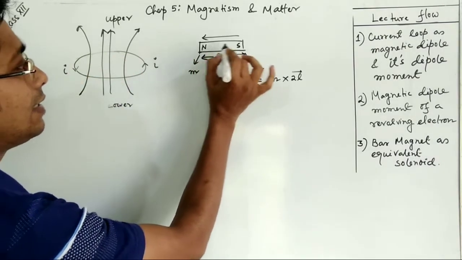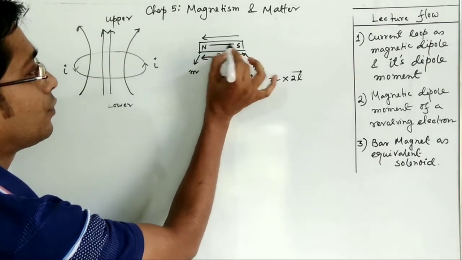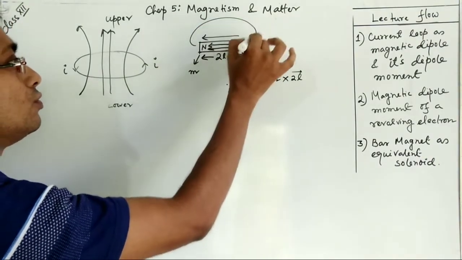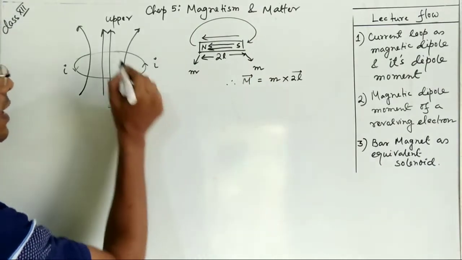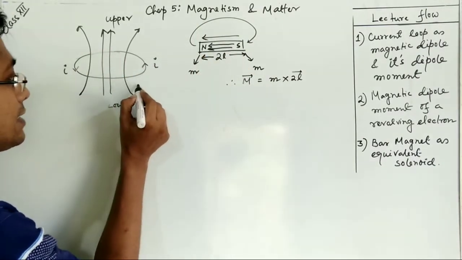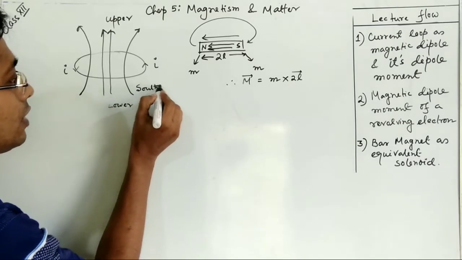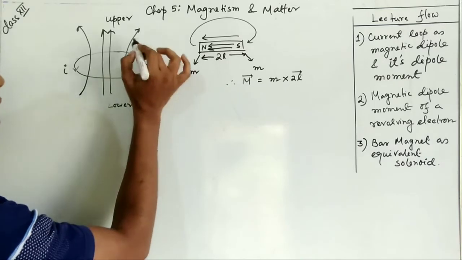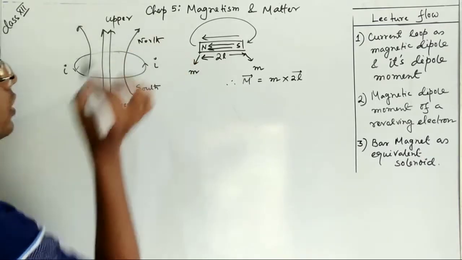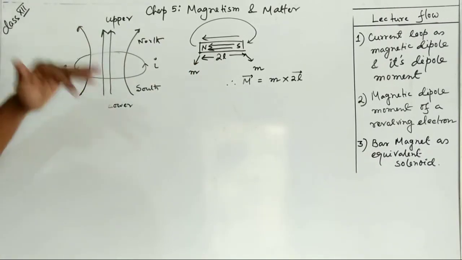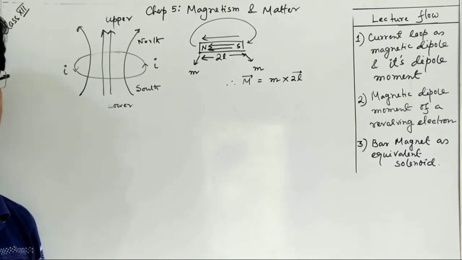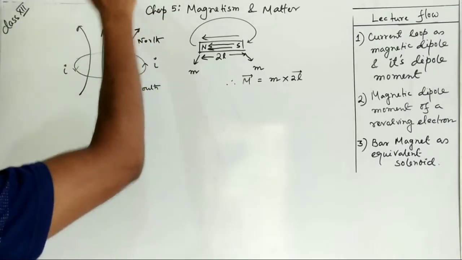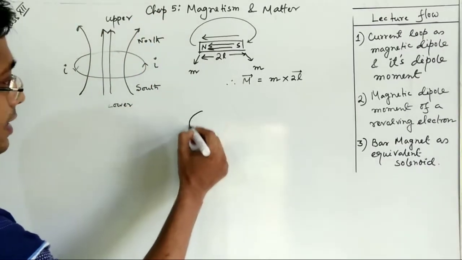We know inside the magnet the field lines flow from south to north, and outside the magnet it is from north to south. So here, obviously, inside the magnet from south to north, so the lower side of the loop will behave as the south pole and the upper side will behave as the north pole. Okay, we can get the nature of the pole by another method also. The method is known as the clock face rule. If you see the loop from the upper side, you can see it like that.